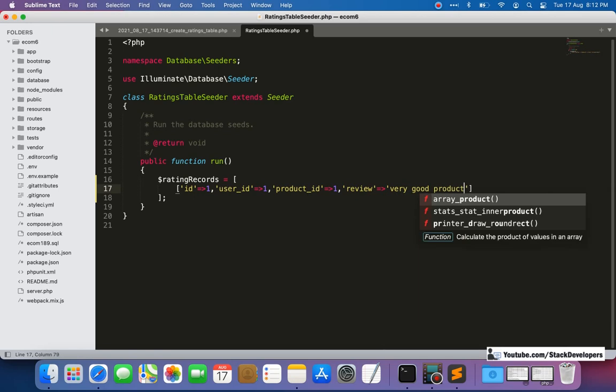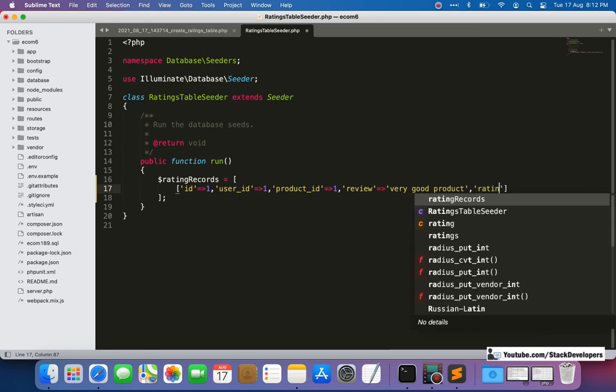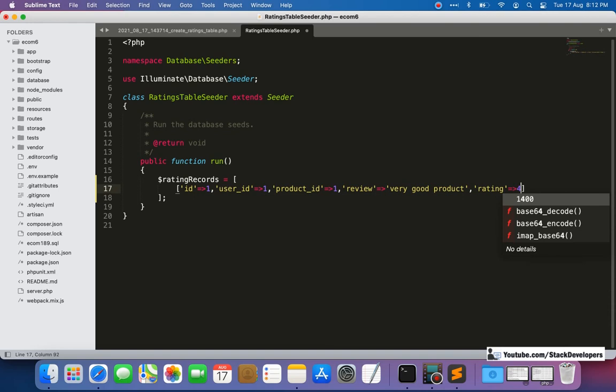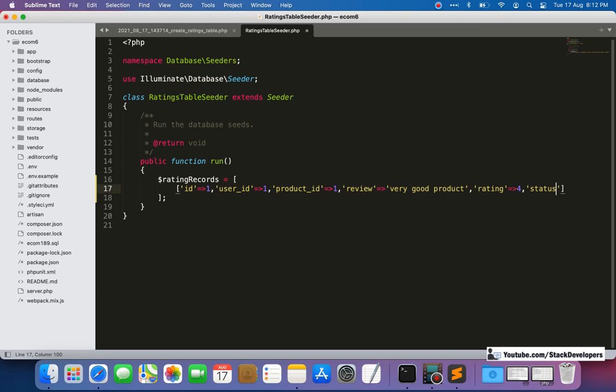Then the rating, which the customer can give for this review, like 4 out of 5. And the last one is the status, so we can keep the status as 0 initially, as the admin will approve it.